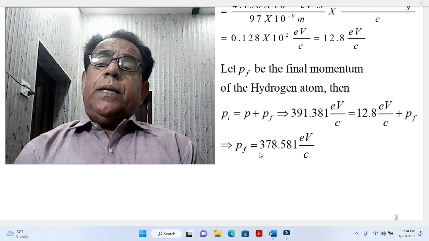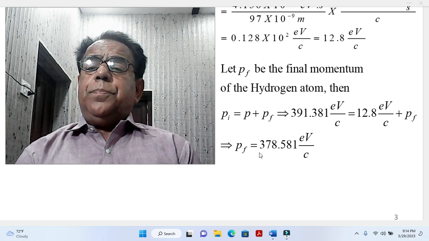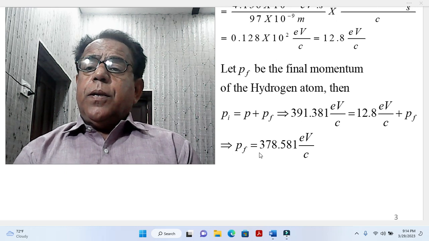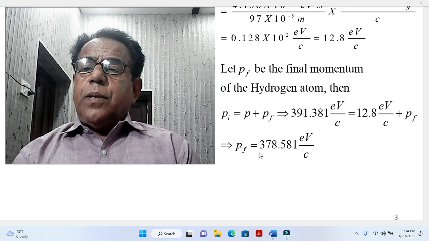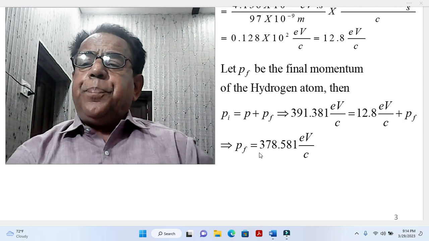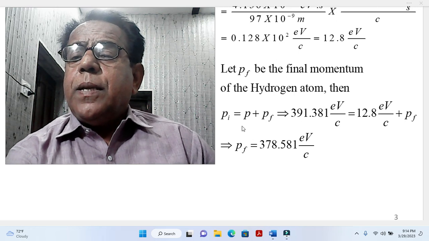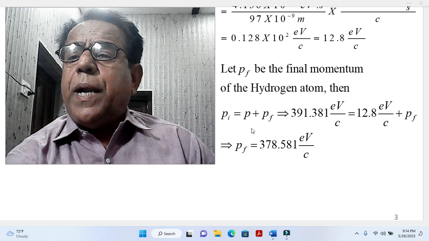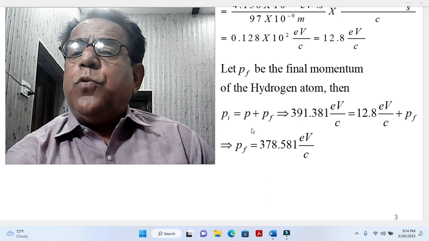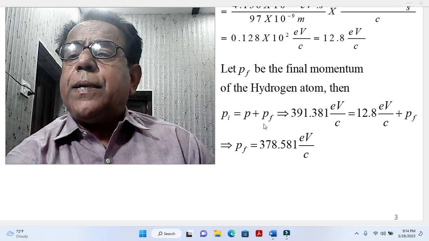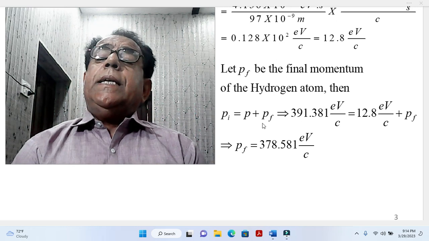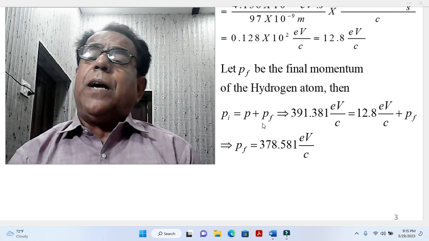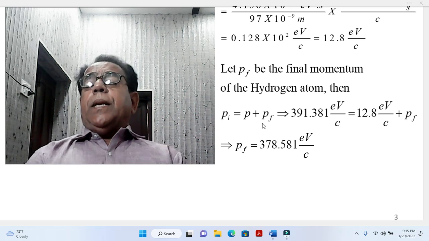Then the initial momentum of the hydrogen atom is equal to the momentum of the photon plus the final momentum of the hydrogen atom. This implies that